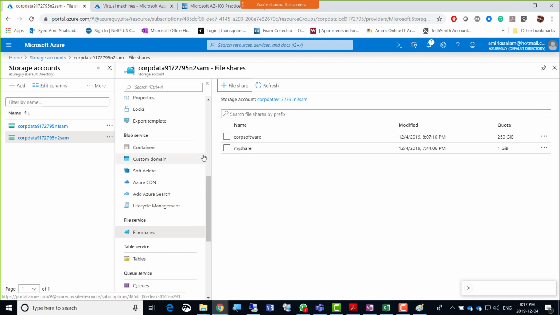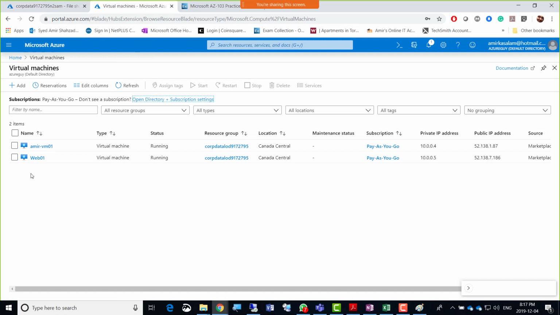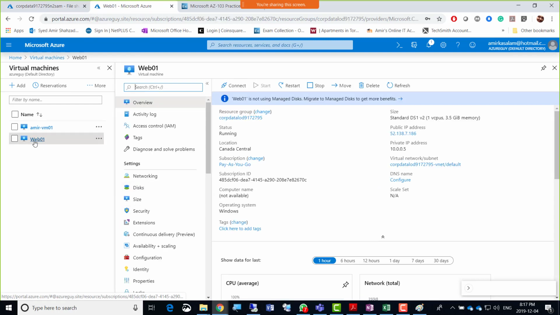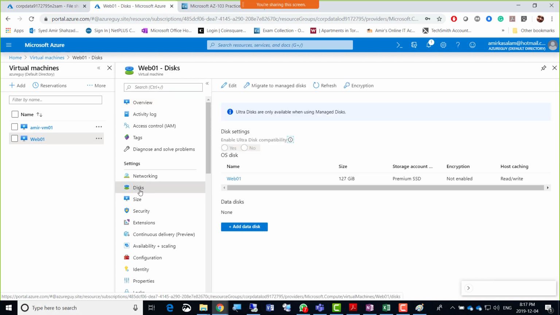So I'm in the virtual machine area web01. There's a disks here, right? Disks, and there's add data disk, but we did not actually create the disks, right?